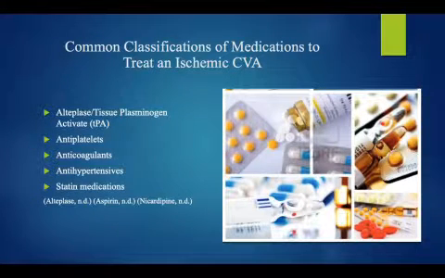A hemorrhagic stroke can be, as already mentioned, intracerebral, intraventricular, or subarachnoid hemorrhage. Common classification of medications to treat an ischemic CVA. One major assessment is knowing the type of stroke the patient is having. It could be either ischemic or hemorrhagic, as already explained. To identify this, a stat